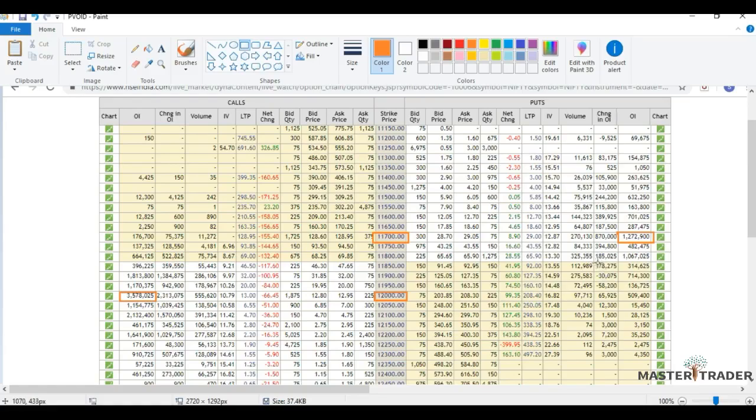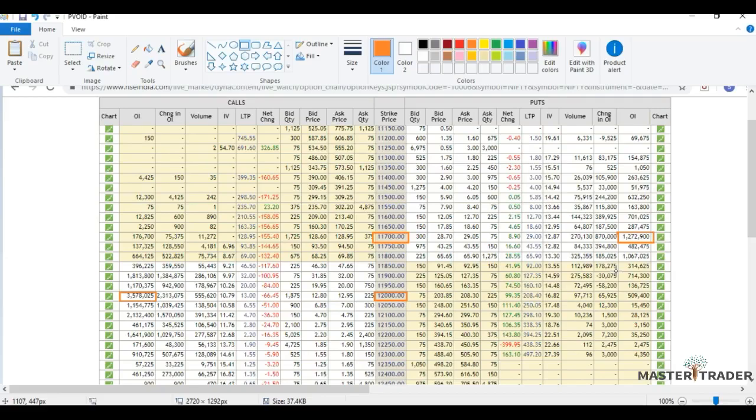As we discussed, the positive on the put side means that these guys are bullish at that particular level. Now if it's negative, it can mean two things: that people are exiting their positions,